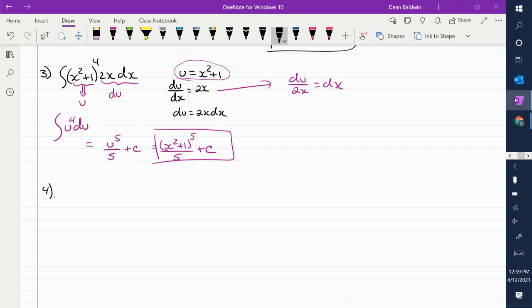Number 4. Is that clear though? You just want to solve to get rid of everything. Everything here is in x's. You want everything to be u's. Okay? All right. So let's do